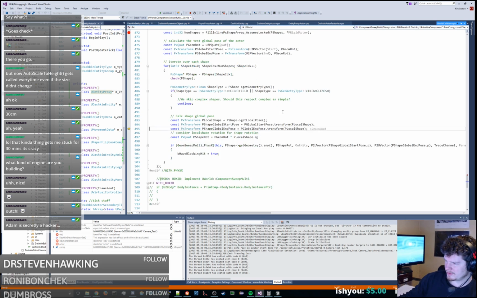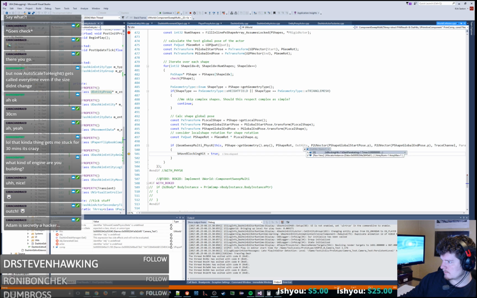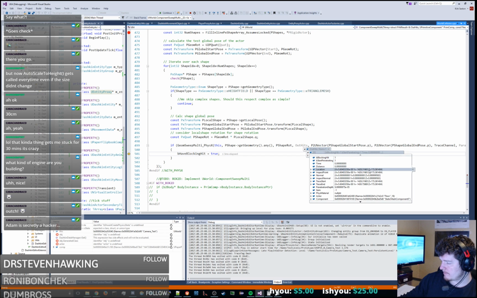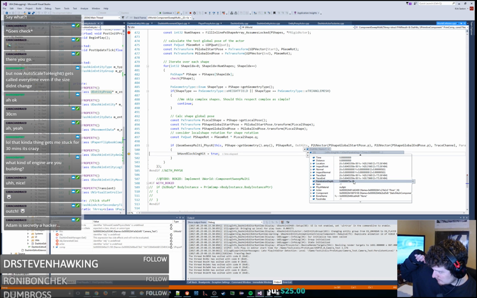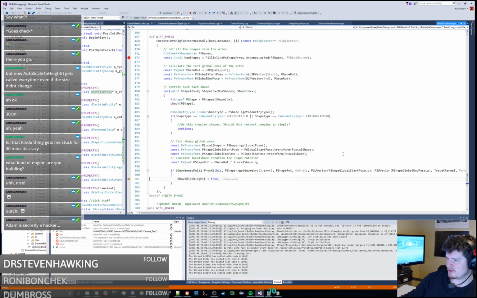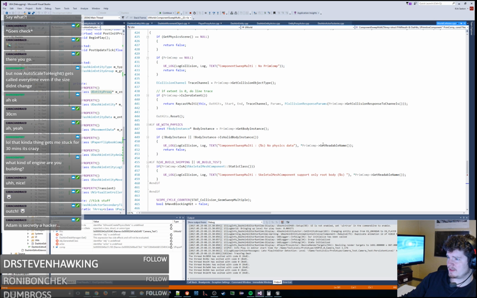So we have the right position and all that stuff. So the time and distance is 0. Location is literally the same thing, so it's saying that we just started off inside of it. Now, the issue that I see here is